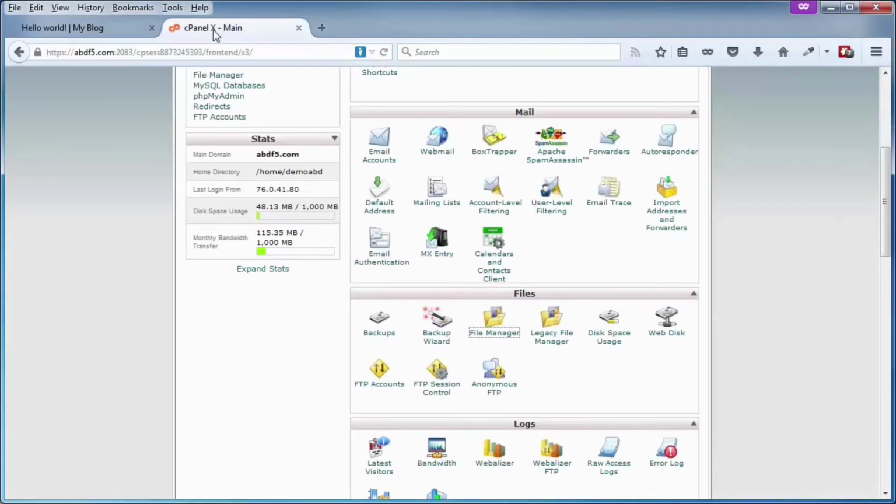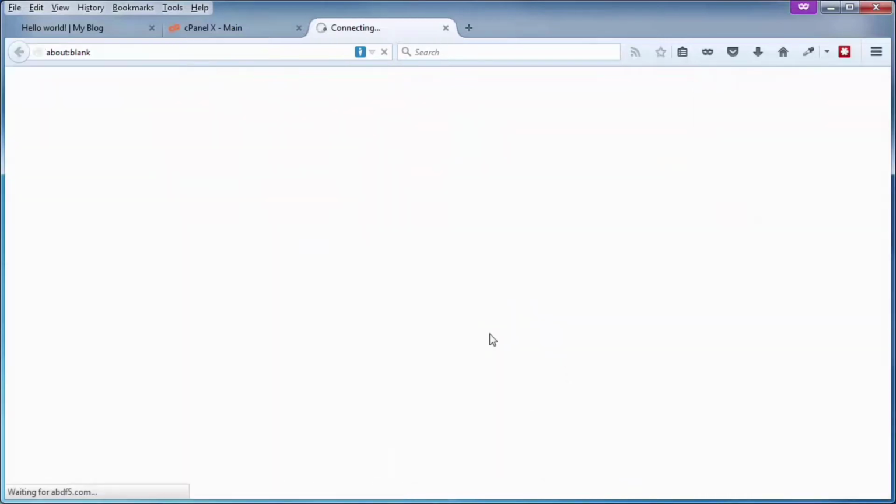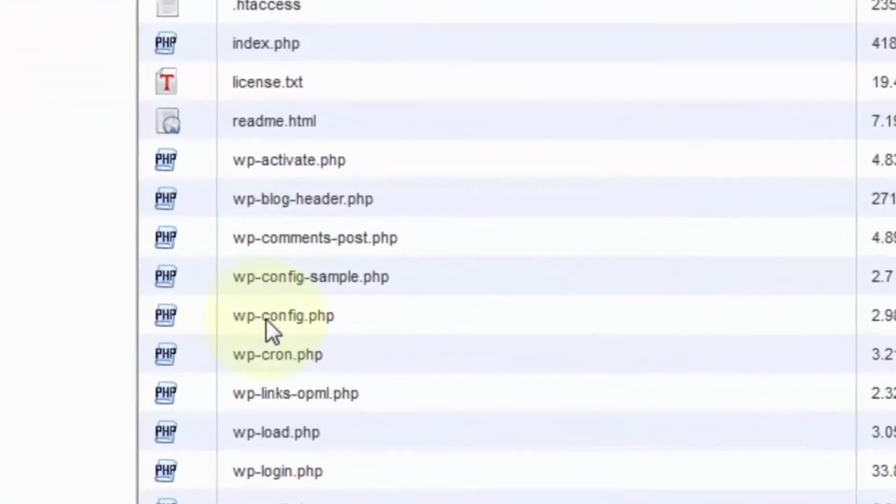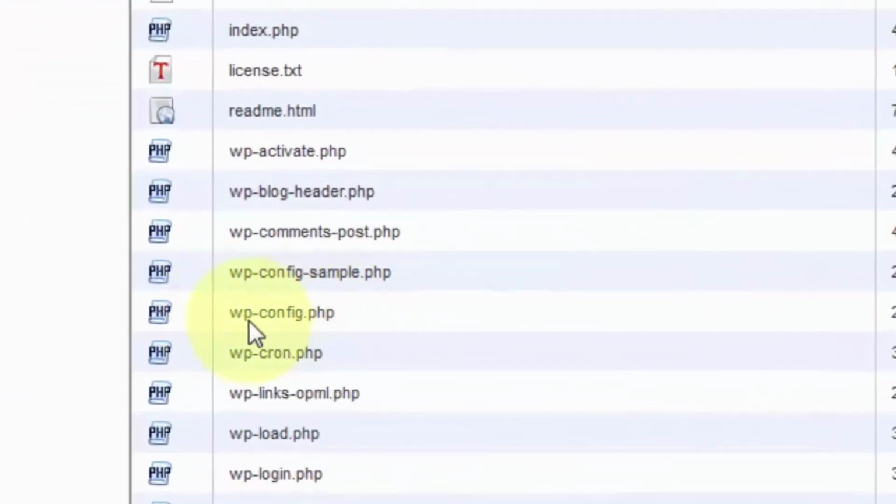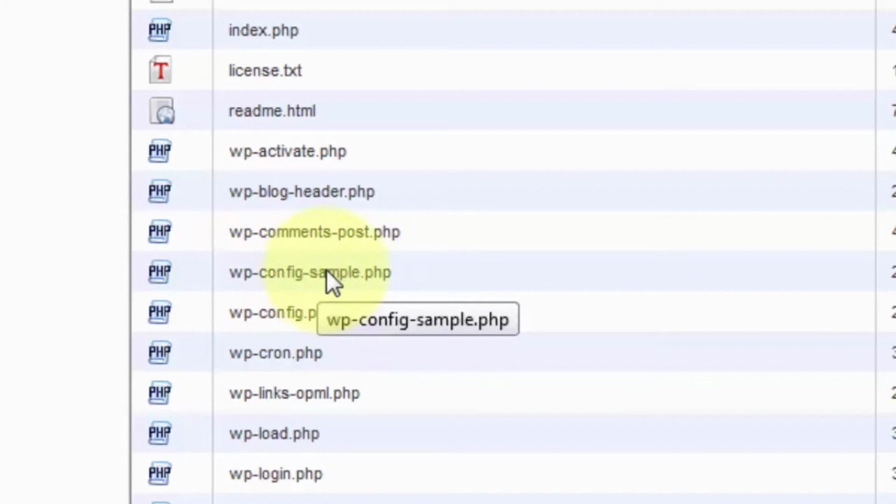I'm going to be doing this within my cPanel control panel. You can do pretty much the same thing if you are using something like FileZilla or an FTP client. But for me, it's just a lot easier to do it within File Manager of my cPanel control panel. So I've already logged into cPanel. Click on File Manager. And here is the wp-config.php file. Now we're not talking about the one that has -sample in it. That's basically just trash right now. We could just delete that and not have to worry about it, but we'll leave it alone for now. The one we're going to be moving is right here,